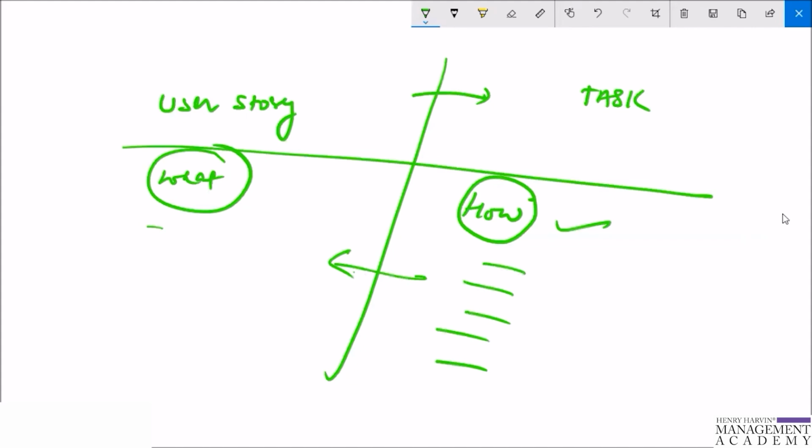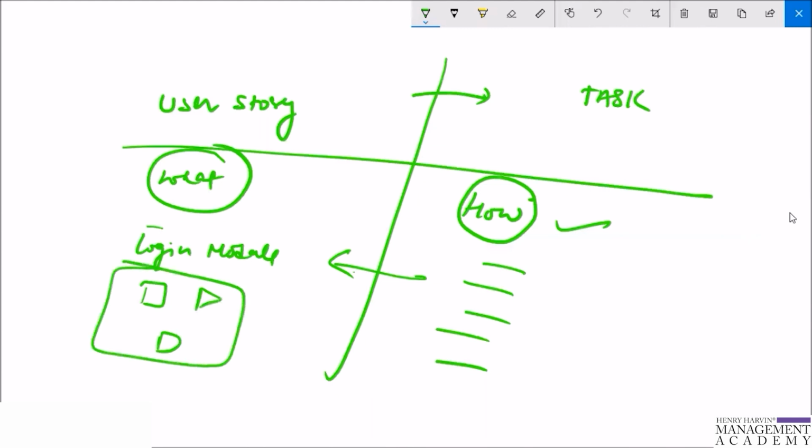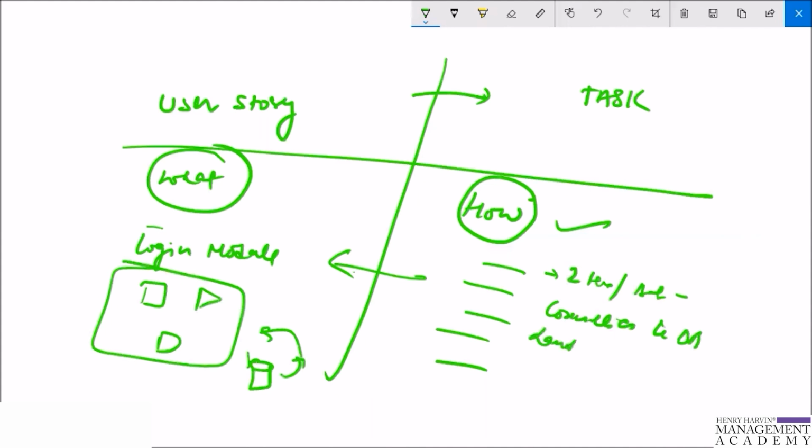Suppose as a user story, you want to deliver a login module, for example. In order to do the login module, suppose there are two text boxes and one button. This is always the favorite example. Go to the database, verify the user, and display the landing page. Now the task will describe that you need to form two text boxes and one button, a connection to the database, you need to prepare a landing page,